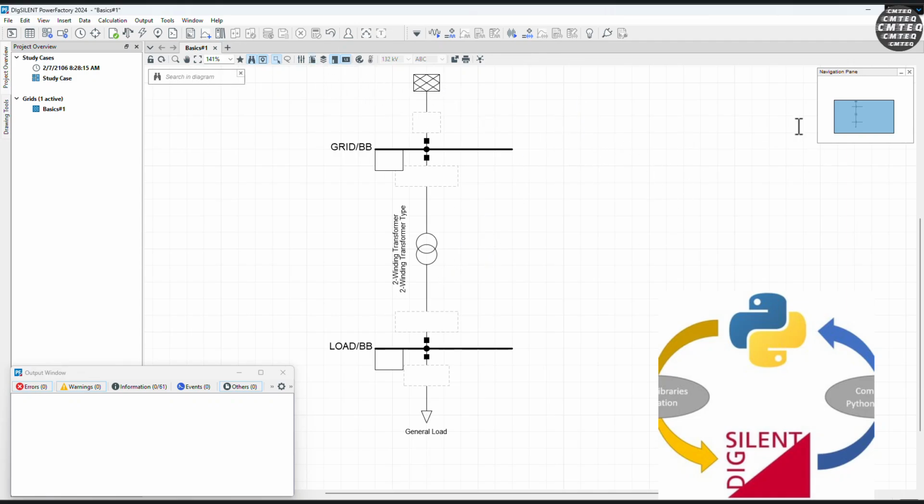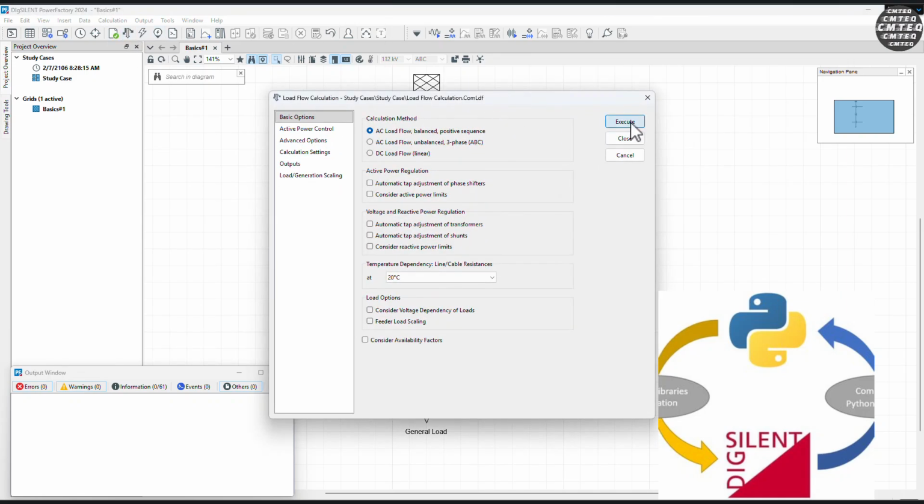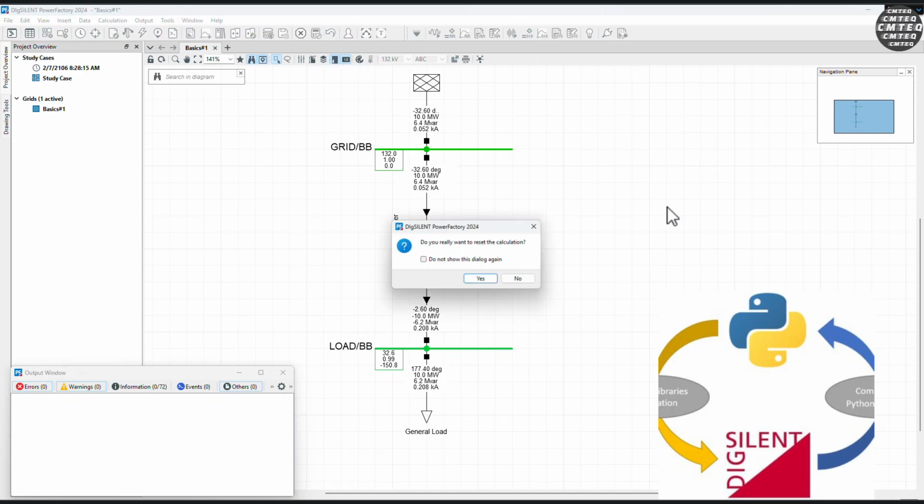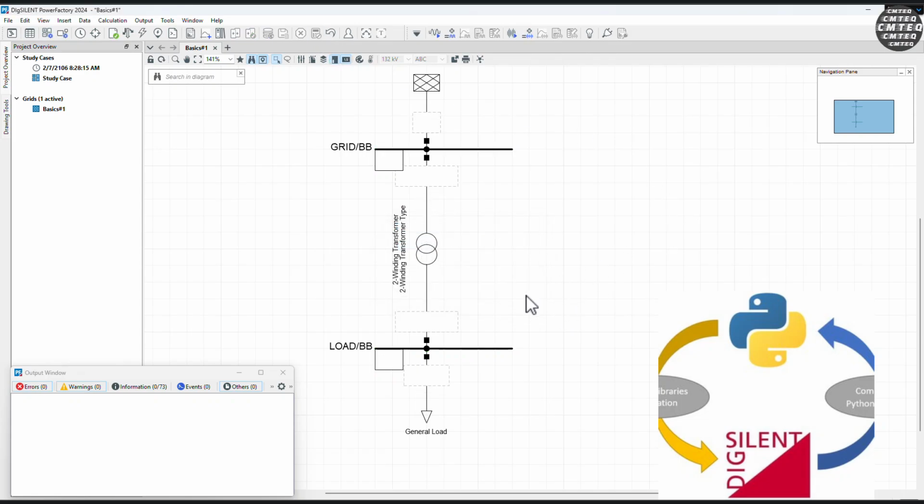When getting started with DIgSILENT PowerFactory, usually a simple load flow analysis is all you need to validate your power system network. But when things start getting crowded and you start analyzing larger networks, automation is often the way to go. This is why in this simple DIgSILENT PowerFactory tutorial, I'm going to show you how you can actually